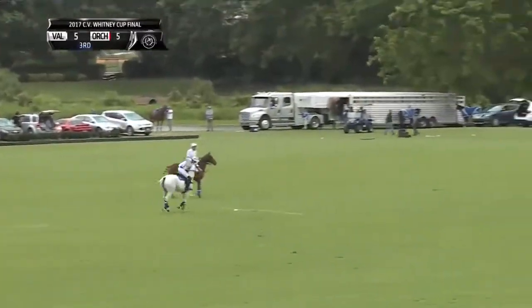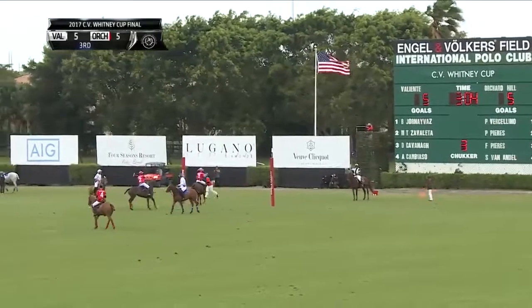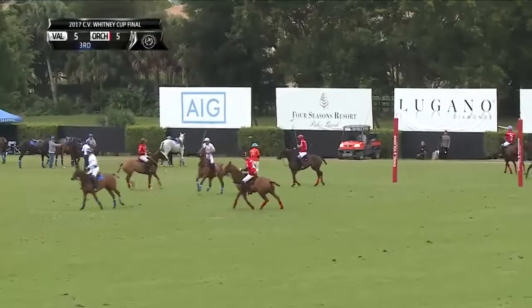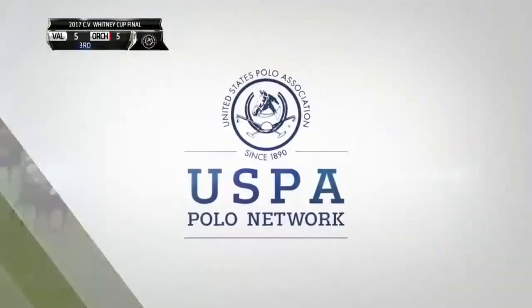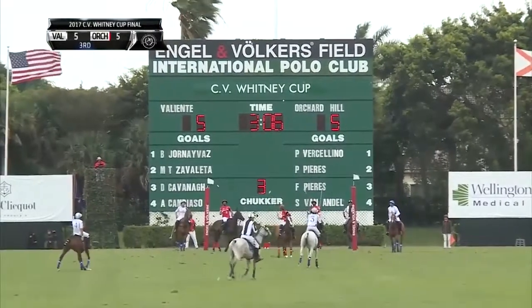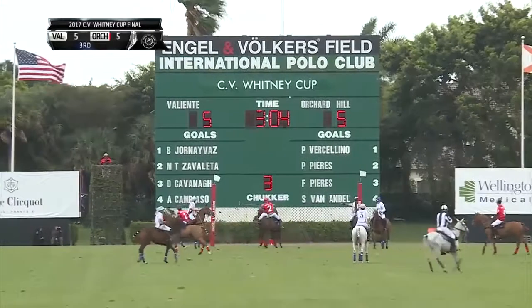So, yeah, all right, here we go. It's going to be Diego Kavanaugh. Ooh, over the back line wide. Wow, another... You don't see that happen very often. Let's put it that way, folks. Tied up 5-5 here in the third chucker of the day. 3:06 on the clock. Wow, just off to the left, too. Looks like it was just about over the post, doesn't it? Yeah, that was...